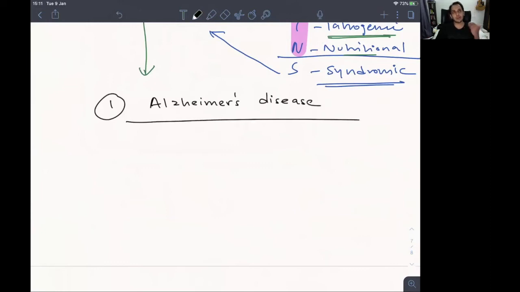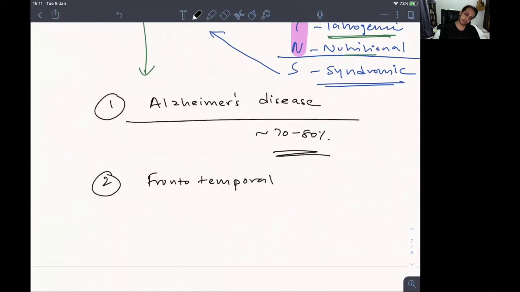So out of your neurodegenerative causes of dementia, almost 70 to 80% of your dementias are caused by Alzheimer's. What are the other kinds? One is something called frontotemporal dementia. I won't go too deep into it, but there is something called Lewy body dementia